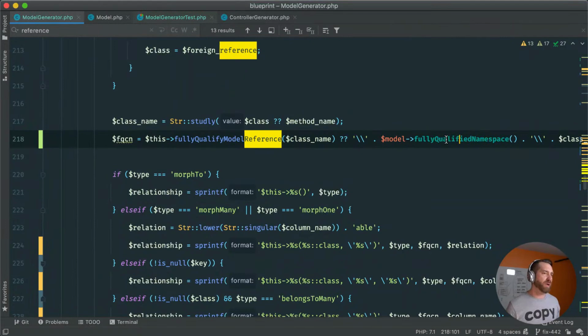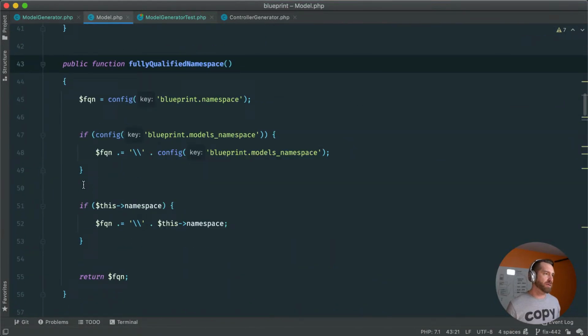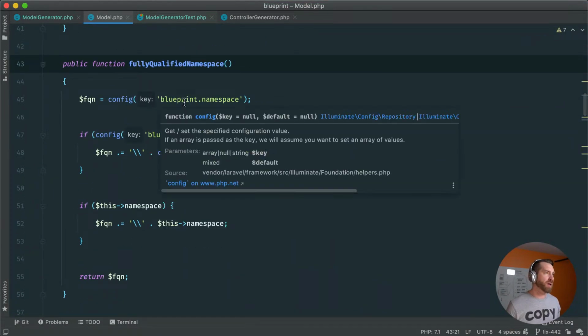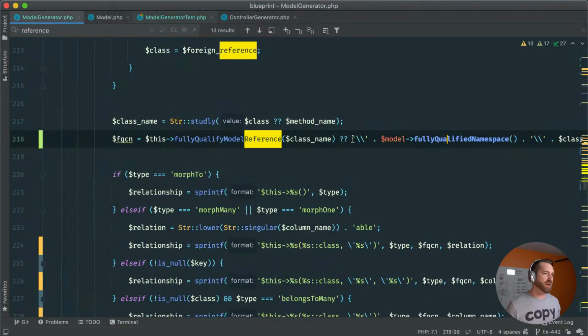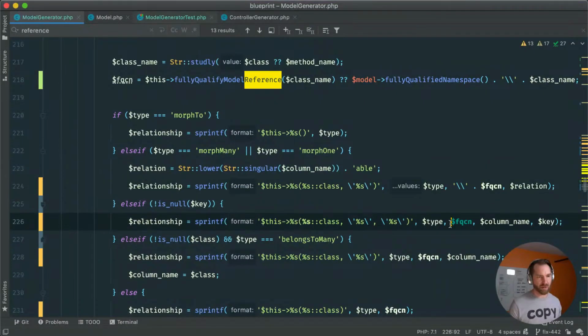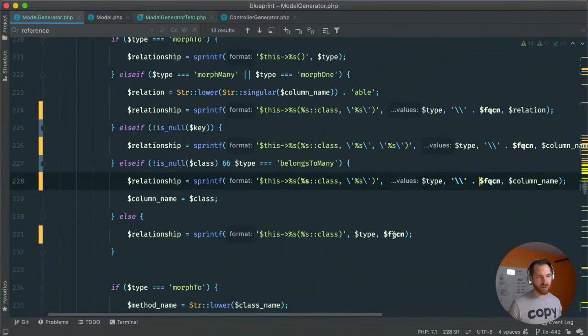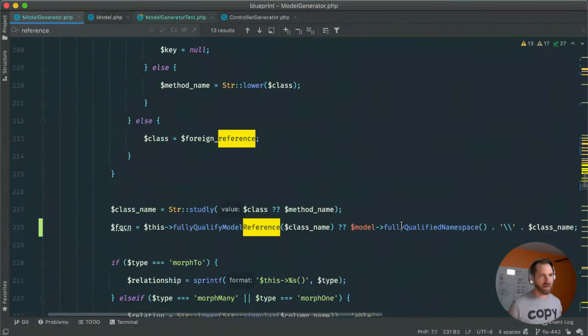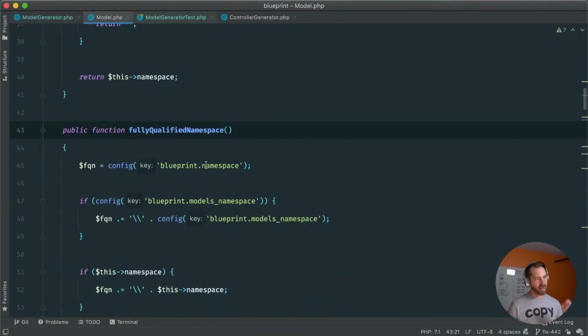That's kind of weird. No, that's actually legitimate. Let's take this away and put it back down here. That's actually legitimately missing. It's not something that these methods do, because if you think about it, the blueprint namespace